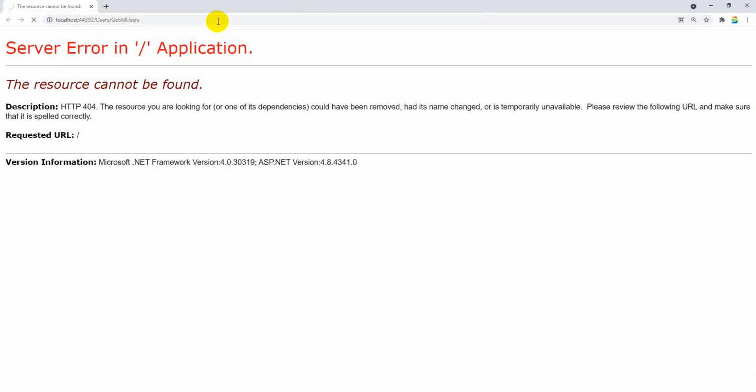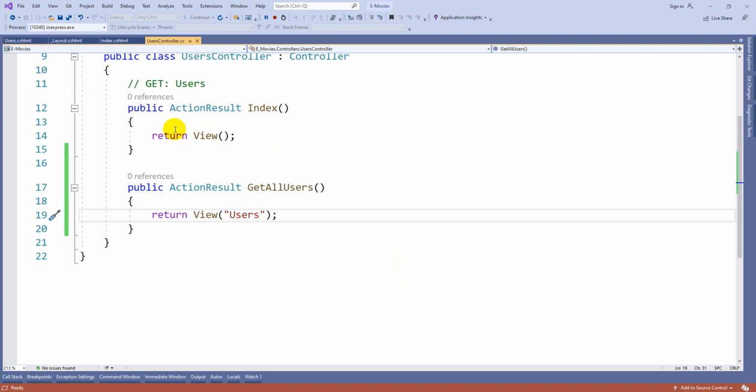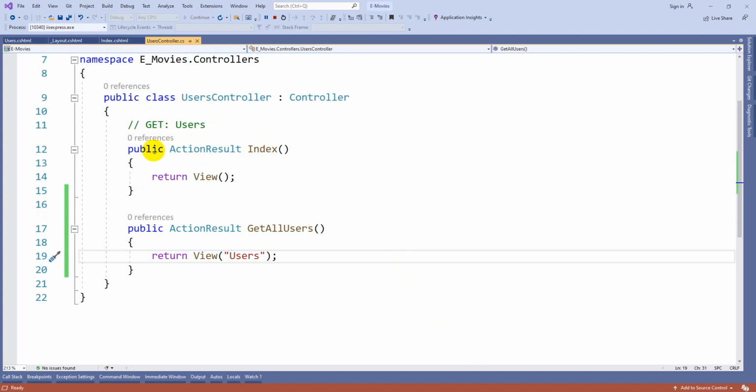Now you can see the output. Nothing is there, but you can see the output. Understand? When the view name is similar to your action method name, you can use return view. When the view name was modified compared with the action method name, you have to return it in double quotes.